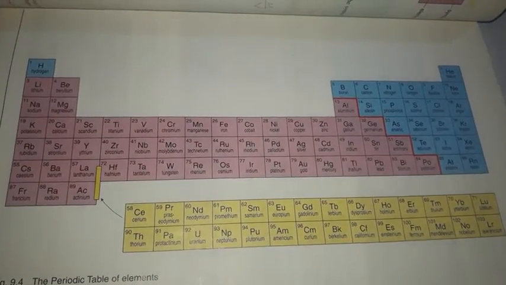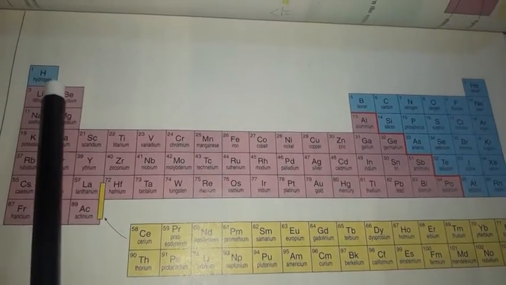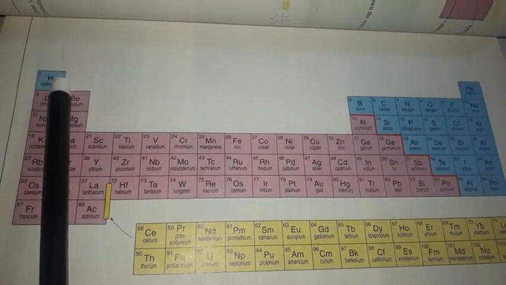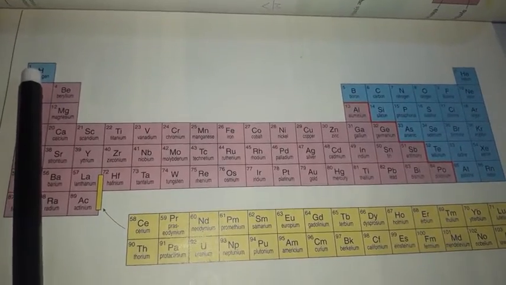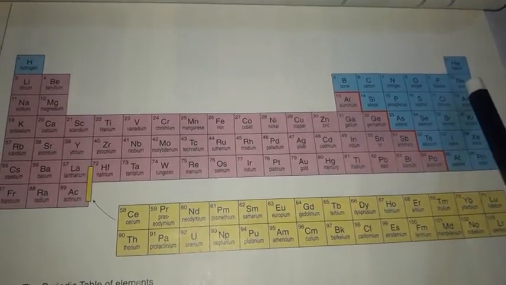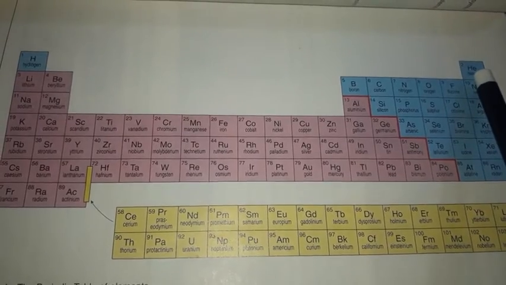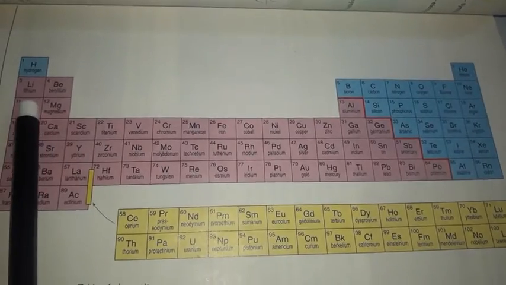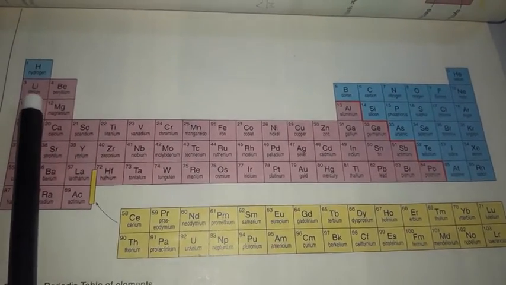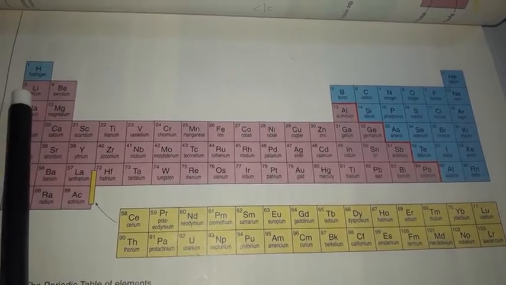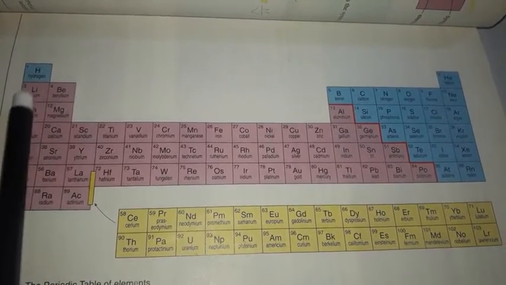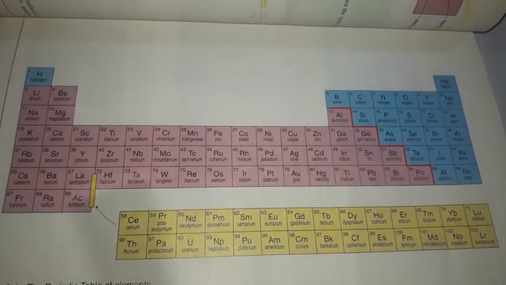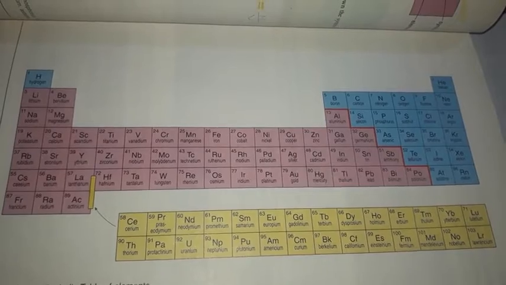So in this periodic table you can see that the first element is hydrogen, and it has the symbol H while its atomic number is 1. Next is helium, which has the symbol He and its atomic number is 2. Our third element is lithium, which has the symbol Li and the atomic number 3. And the next ones follow the same way, with the numbers 1, 2, until more than 100.